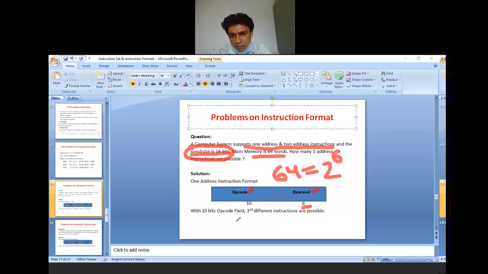For the rest, 16 minus 6 is equal to 10, so the opcode will consist of 10 bits. As you can see in the slide, with a 10 bit opcode field, 2 to the power 10 different instructions are possible. We can represent the one address instruction format according to this diagram.